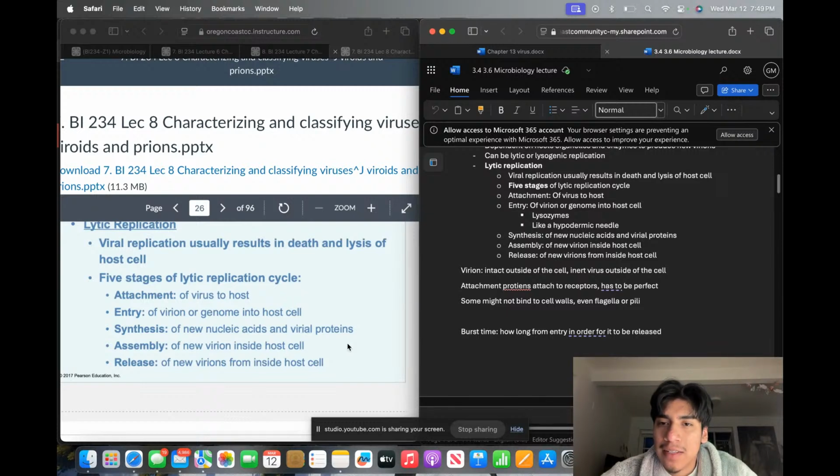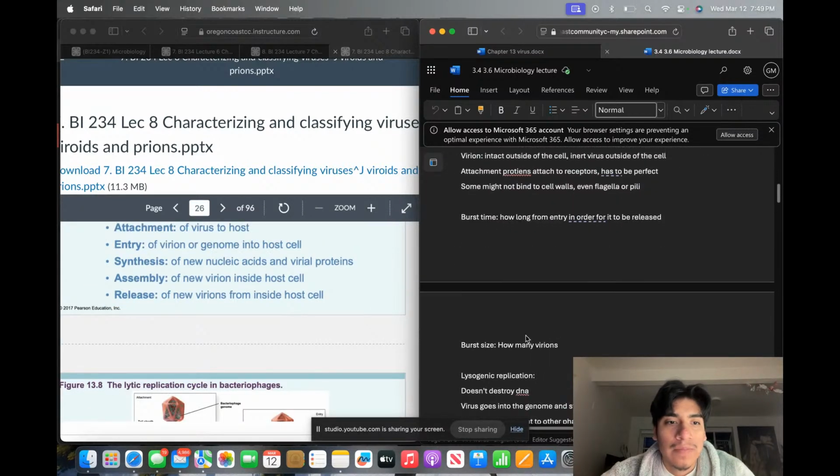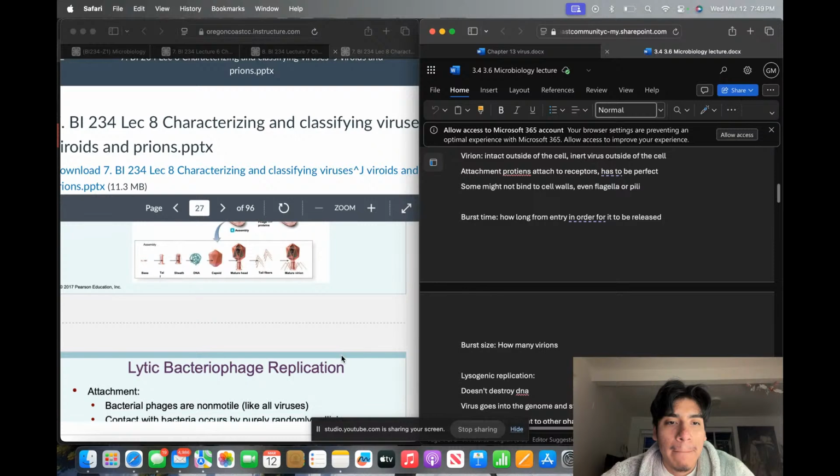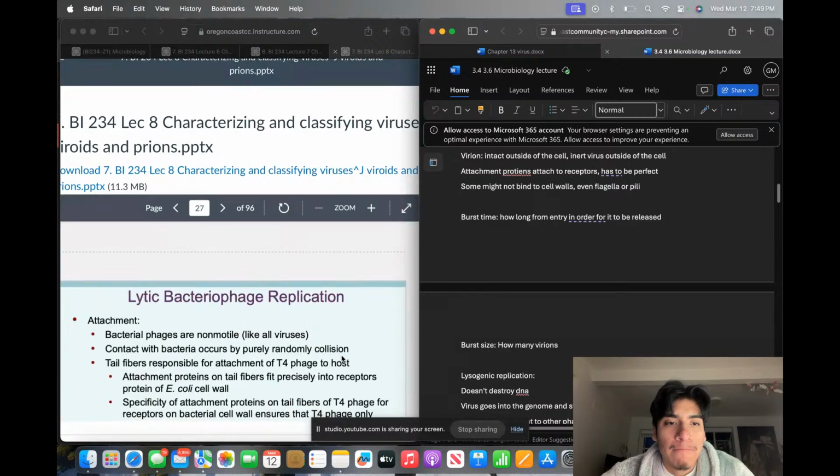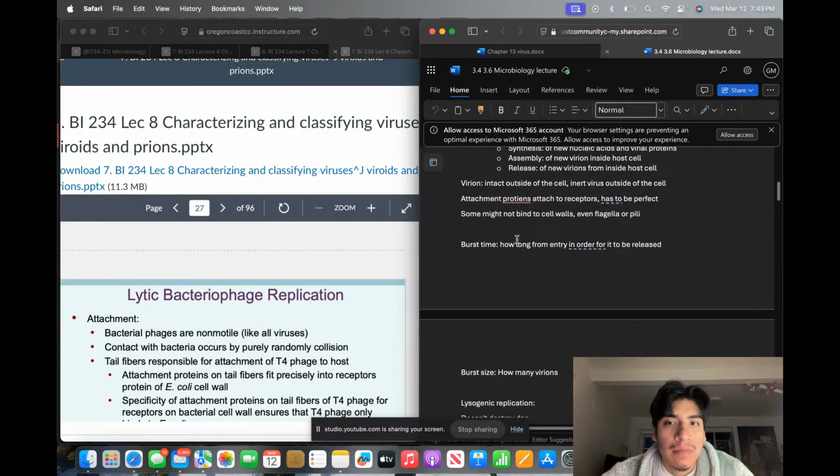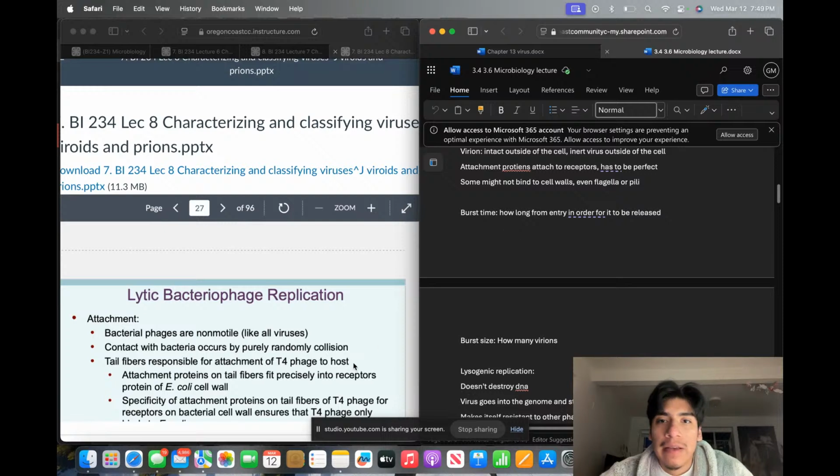Attachment. Entry of the virion into the host cell uses lysozymes, and those enzymes break away at the cell wall, whatever they're trying to get into. Right, let's continue. Attachment. The virion is intact outside of the cell, and its attachment proteins touch the receptors. It has to be perfect,